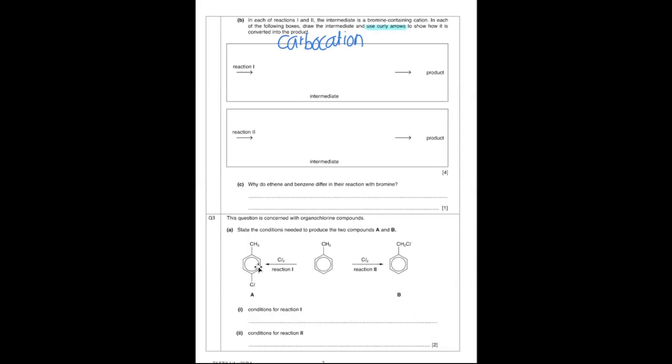In alkenes, the double bond is localized. That means it's fixed. In benzene, the double bonds are delocalized. That means it moves. So to answer this for 1 mark, we will say